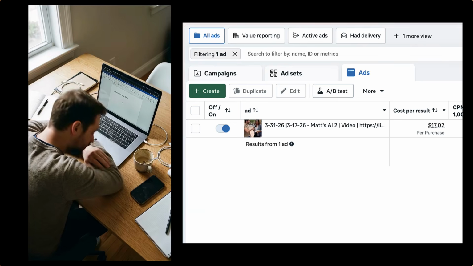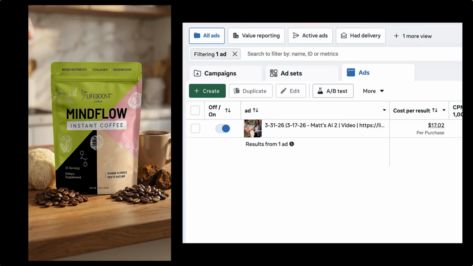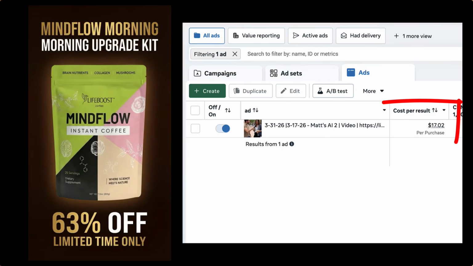Here's how to create viral ads in minutes with AI. I made this ad using the exact steps I'm about to show you. We then launched it in our own business, which will do about $65 million this year. We make around $100 per customer in the first year, and this ad is getting us sales for $17. That means we're getting a 500% return on our money with this ad, and it only took minutes to create